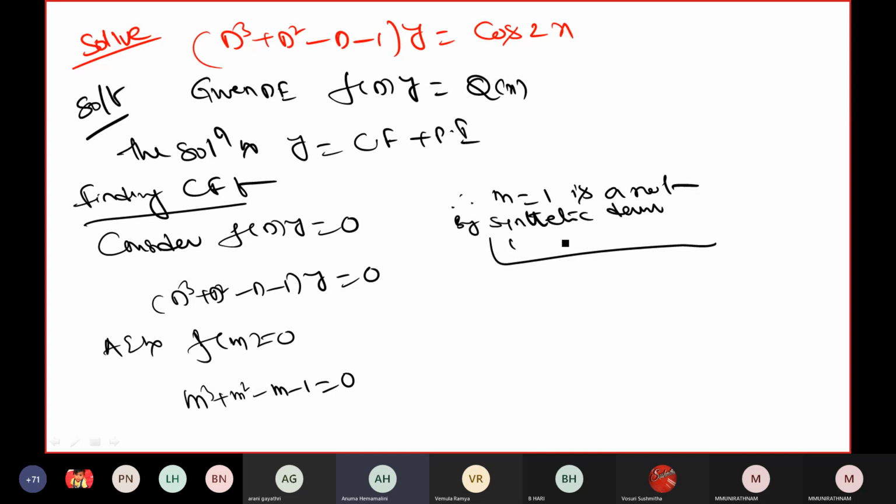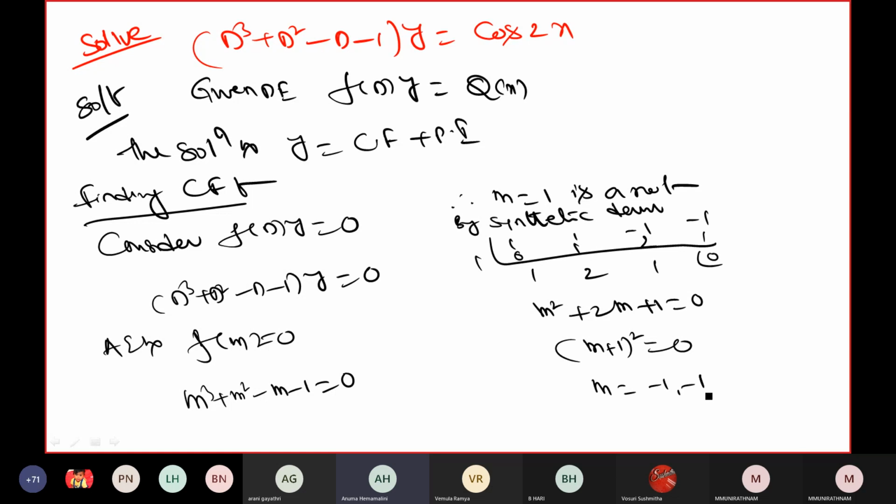You can substitute them. m square plus 2m plus 1 equal to 0. This is nothing but m plus 1 whole square equal to 0. m equal to minus 1 comma minus 1. So therefore roots of auxiliary equation are m equal to 1 comma minus 1 comma minus 1. So therefore CF is